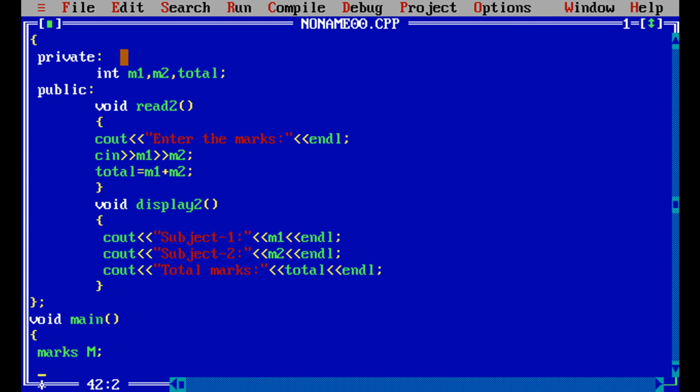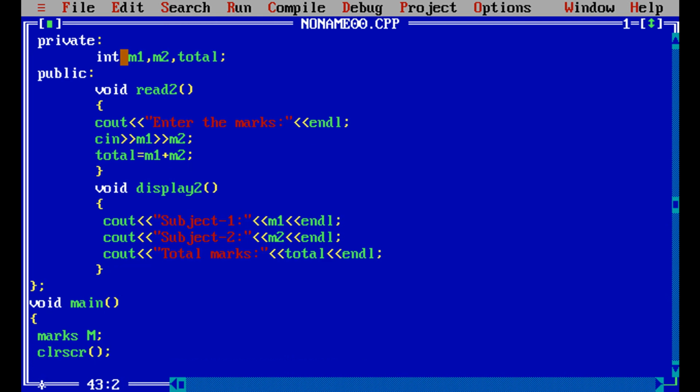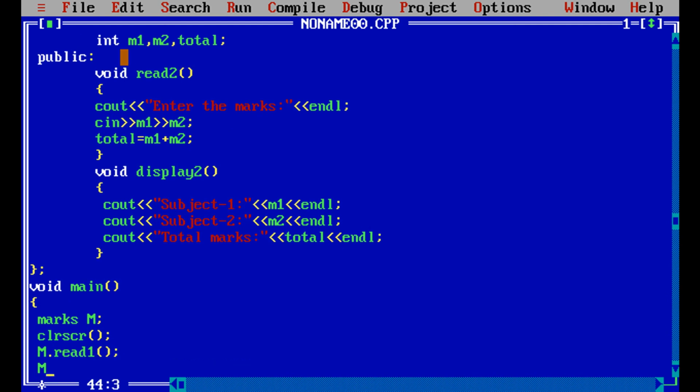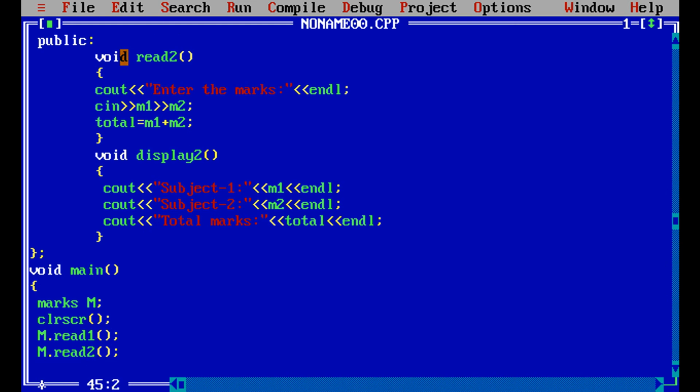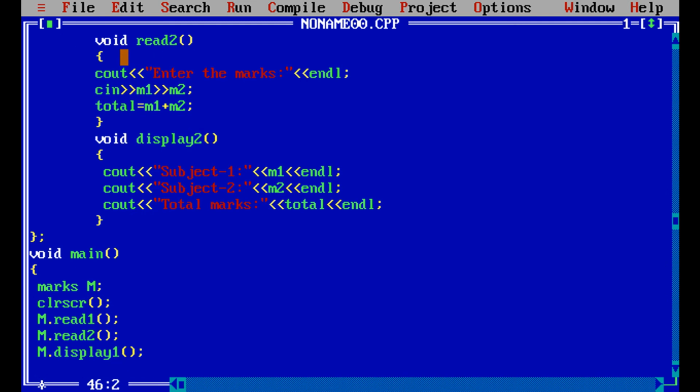So clrscr, clearing the previous window, then we will be calling the functions: read one function first, then read two function, then the display function, display one of the base class, then m dot display two of the derived class.